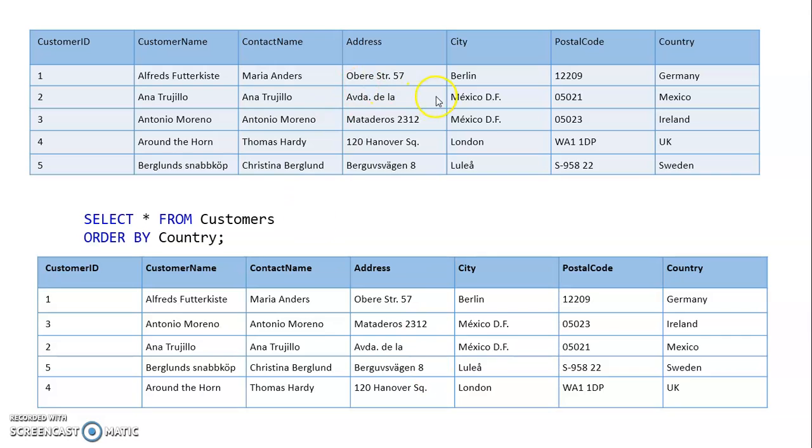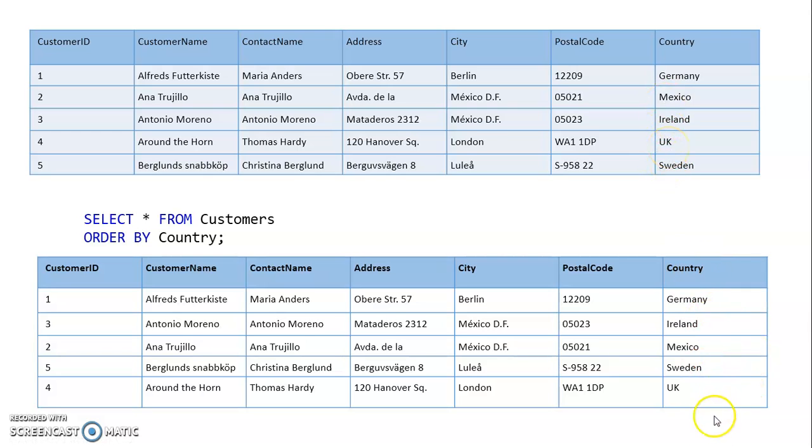Now let's see the example here. We are selecting all the columns from customer, ORDER BY country. Now see here, country is our last column. Its entries are Germany, Mexico, Ireland, UK and Sweden. Here we have not specified any order, so by default it will be ascending. By ascending order, G is first, then I, then after I there will be M, S and U respectively.